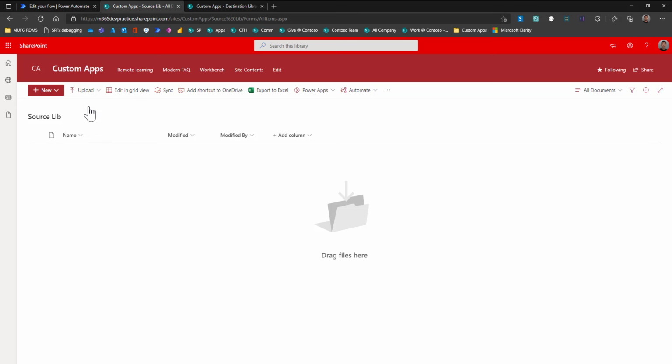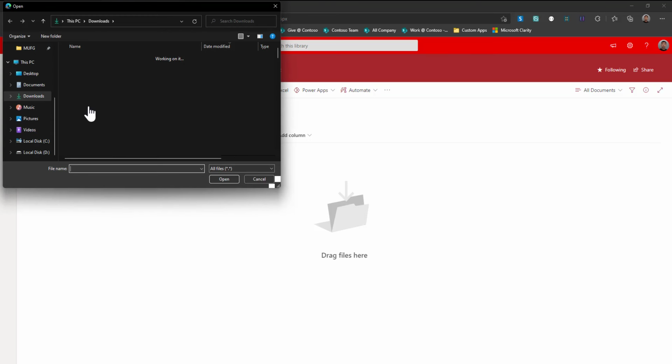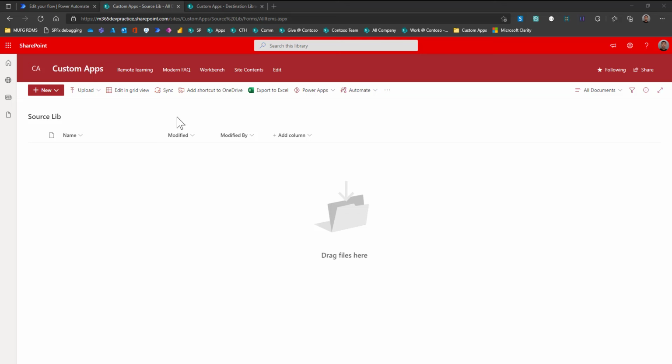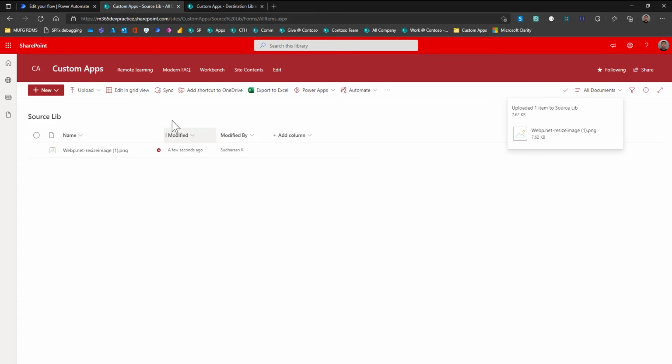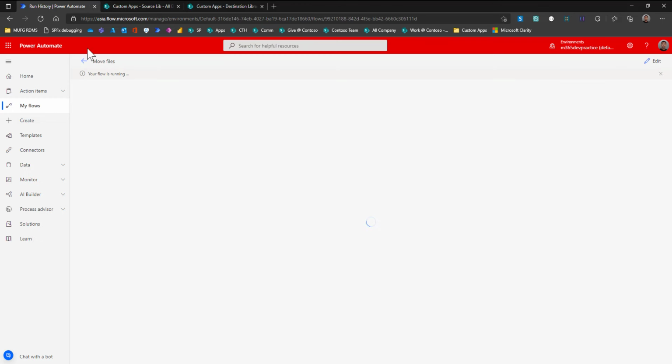I'll try to upload one file. Now when the file is uploaded, it will be in the checked out state. You can see the icon, it is in the checked out state. And the flow started execution.